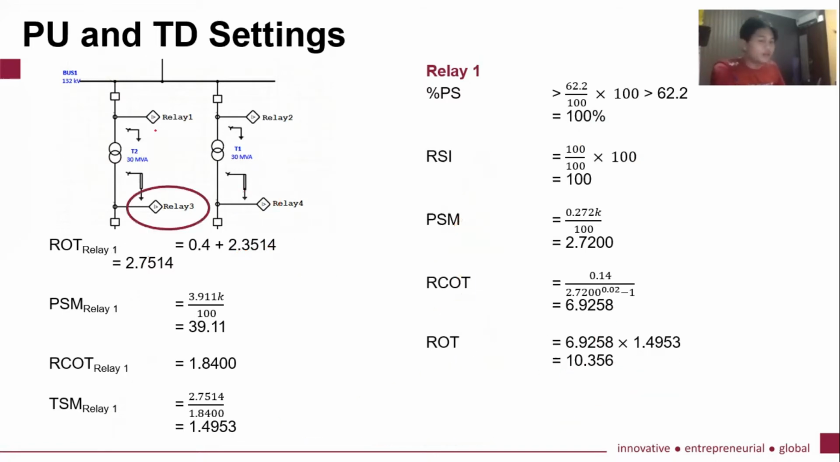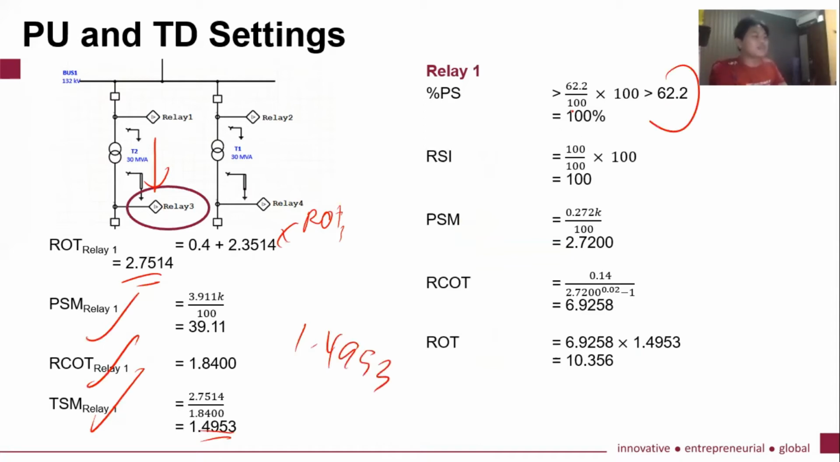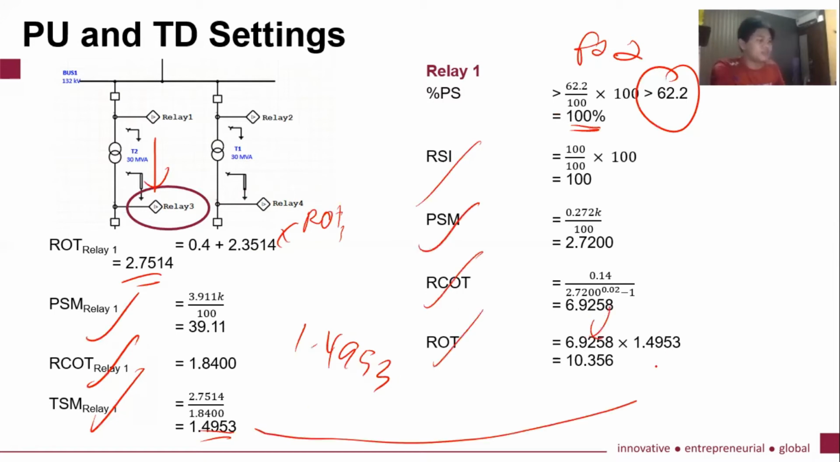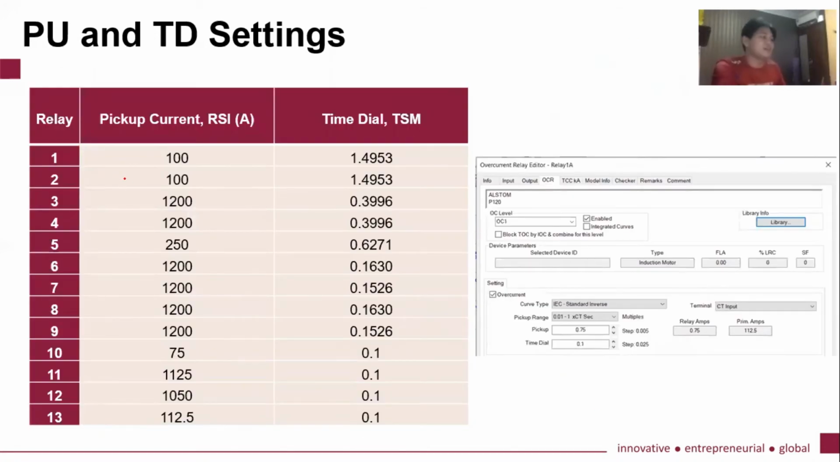For relay 1 together with relay 3, we calculate this is our ROT of relay 3. Then we times by the delay time, we get 2.7514. And this is the PSM, the RCOT. The PSM for relay 1 is 1.5953. As we can see, the plug setting must be greater than 62.2. So we select 100 RCSI, we calculate PSM, RCOT, and ROT. We calculate the RCOT multiplied by PSM of relay 1, we get 10.356. So this is the conclusion for the plug setting and time dial part for relay 1